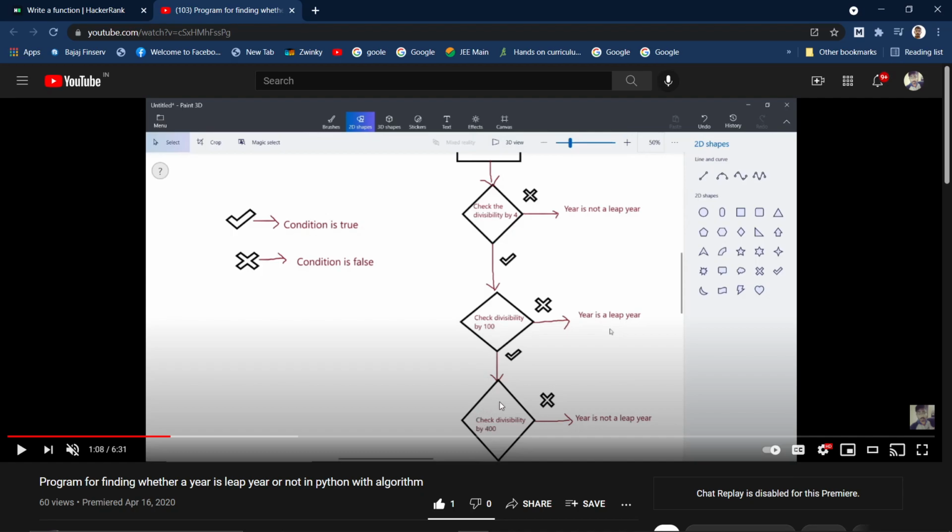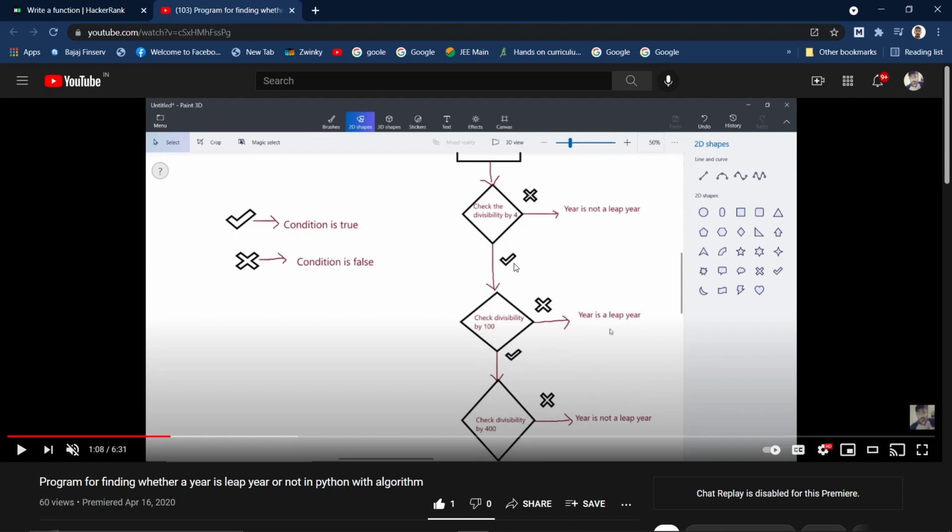If the year is divisible by all three, then we can say that's a leap year. But if the year is not divisible by 400, then it's not a leap year.